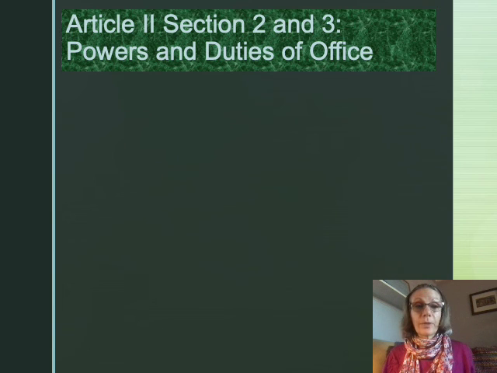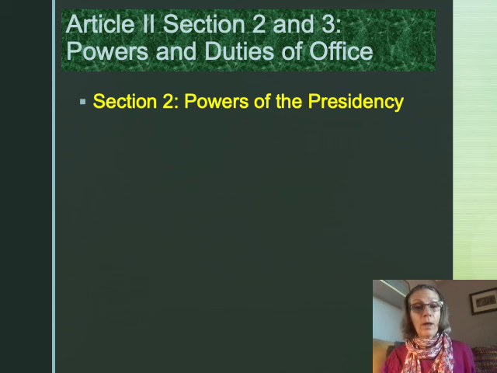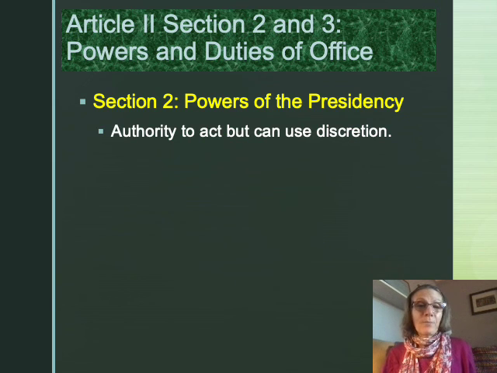So Section 2 and 3 of Article 2 tell us about the powers of the presidency and also the duties of the office of the presidency. So Section 2 tells us about the powers of the presidency. When we think about the difference between powers and duties,